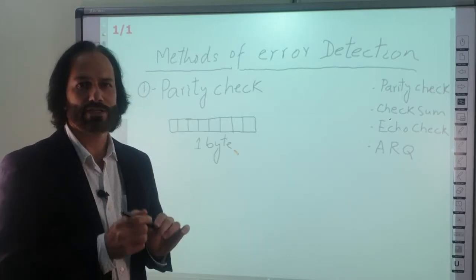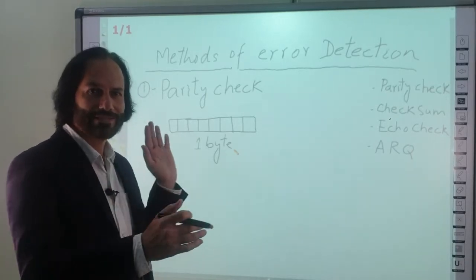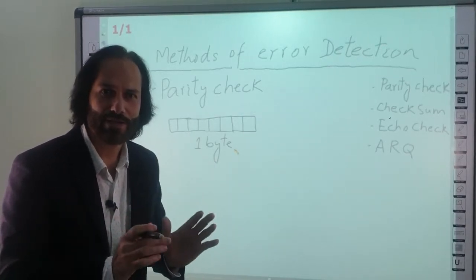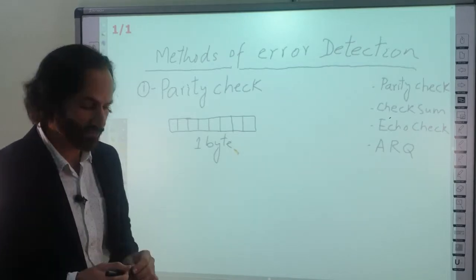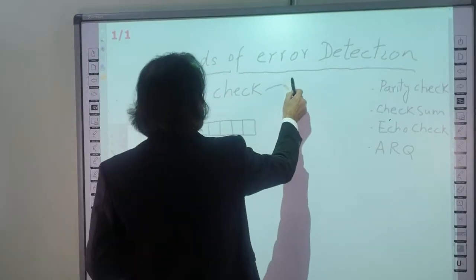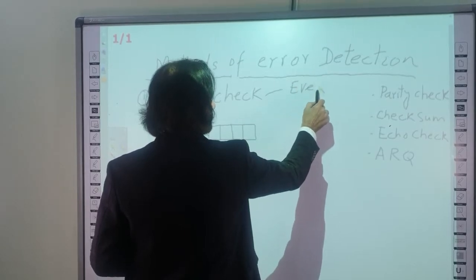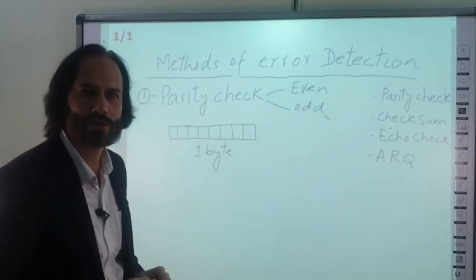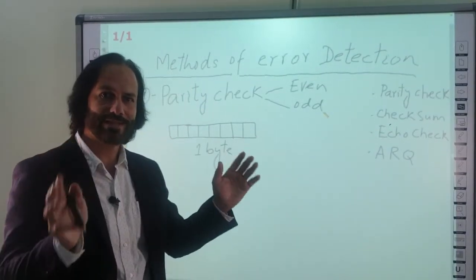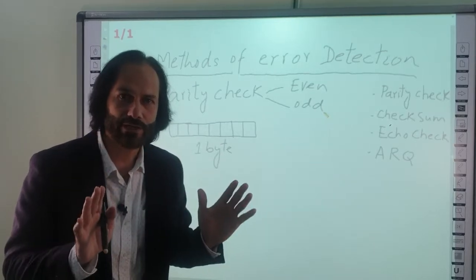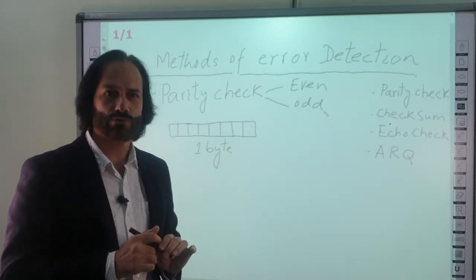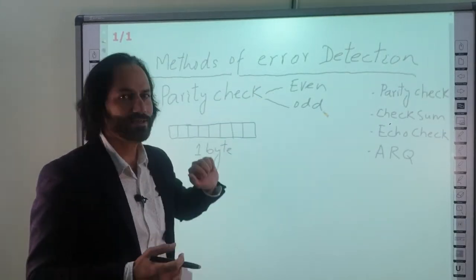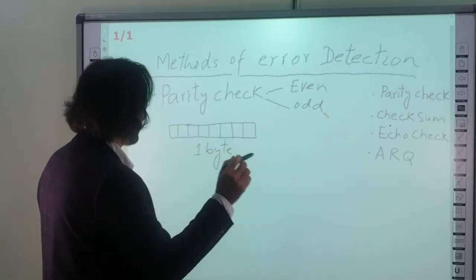So before data transmission, both the computers, the sender and the receiver, must agree on the type of parity being used. So there are two types of parity. So one is even and the other is odd. So for instance, the sender and receiver are using even parity and this data is being sent,